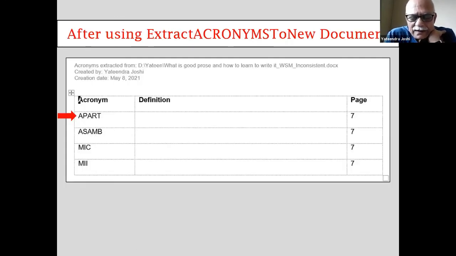In the file that I sent you, it is an acronym because although it's a normal English word, apart, it is used as an acronym in the file. That is why it should be caught as an acronym. PerfectIt did not catch that because it reasoned that apart is a normal English word. So it failed to see that it is an acronym.